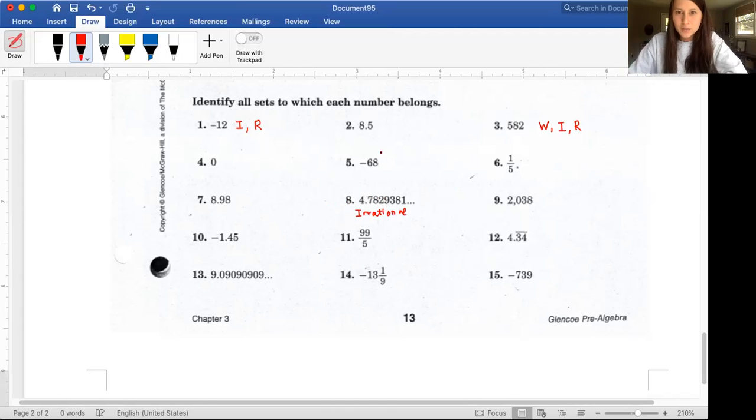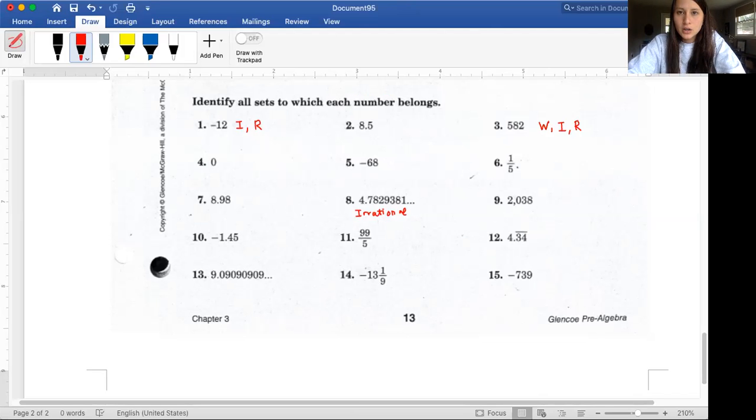Okay, I'd like for you to pause this and work all of these out. It shouldn't take you too long, but think through, especially if it's a decimal. If it's a repeating decimal, it probably can be written as a fraction, and we'll take a look at that next. So if it's a repeating decimal and it goes on forever and ever, it is a rational number. It can be written as a fraction. So that's just a little hint for you as you do these problems. So pause the video, work it out, and when you press play,